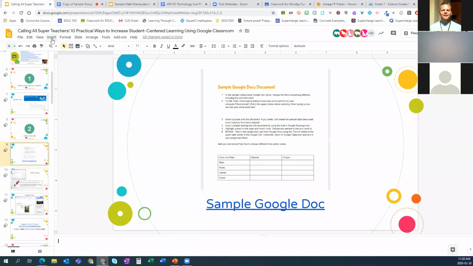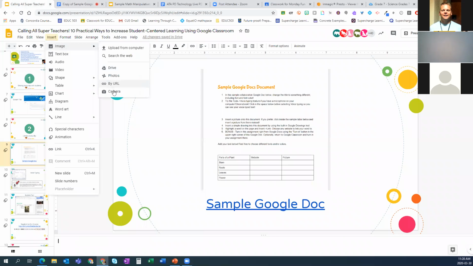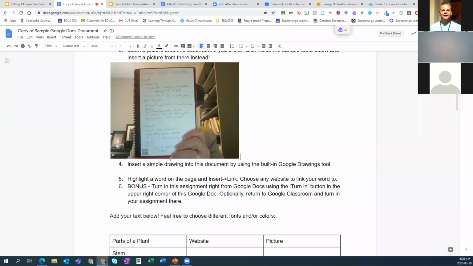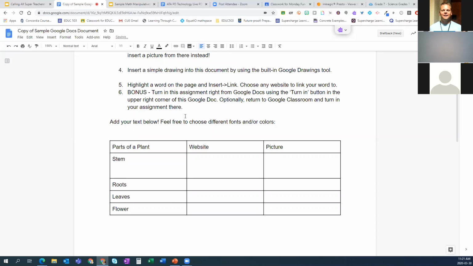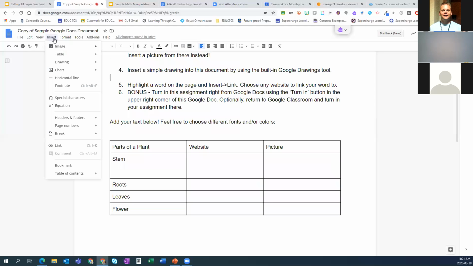Insert image, and then look for that camera. It's a really handy way of digitizing some of that work. I'm going to get rid of that chicken scratch. Another really handy feature to promote content literacy and deeper understanding and different ways of communicating than just text is